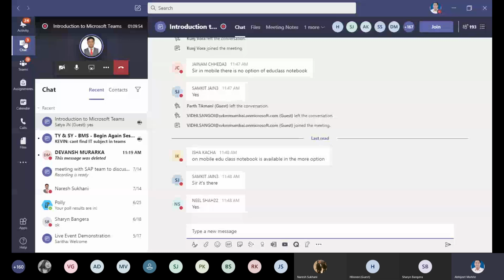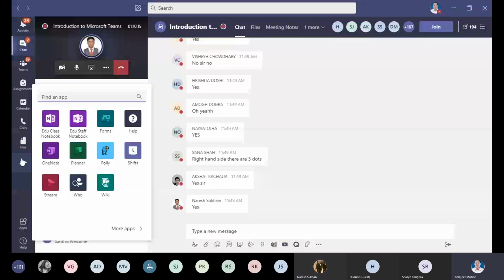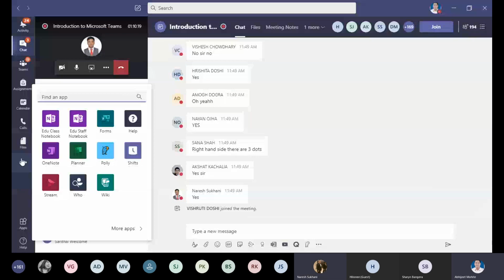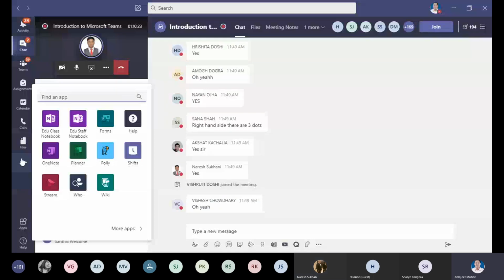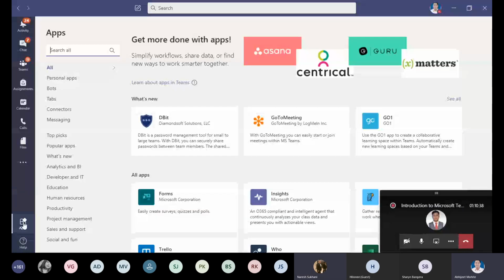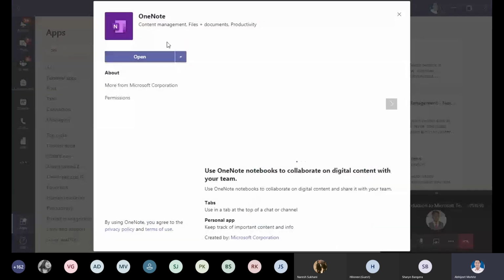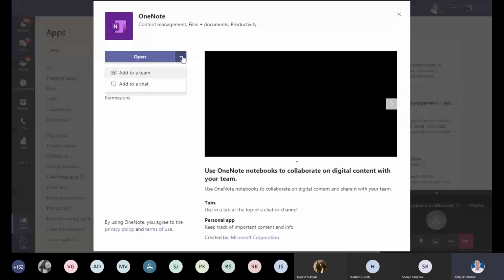So I will explain to you all how exactly you can go ahead with adding OneNote, right? Can you all click on the three dots that I have clicked on just now onto the screen? Mostly, if you click onto these three dots, you will by default see OneNote is available. If it is not available, then you can go into apps and install OneNote directly, right? So to do that, you just need to click on search all and type in OneNote, and you would see the first link. You click on this. Here you would have an option to install Teams, right? You can click on add to Teams and you would have your OneNote available directly on Microsoft Teams,